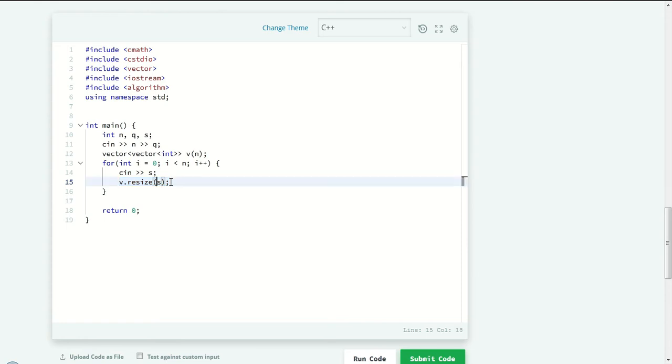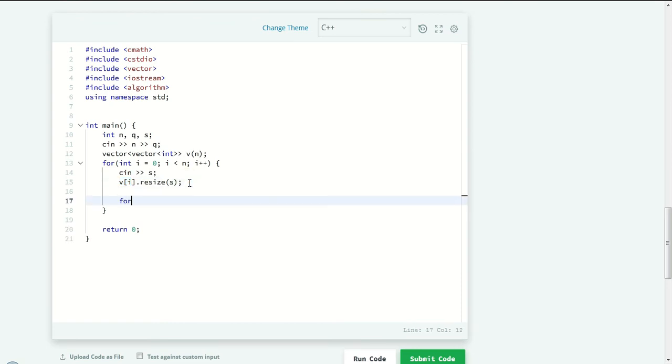This is nothing but the ith array. Okay, so this is the size of the array. So it means that we have two different arrays, one is of size 3, another one is of size 5. So we need to tell which array you are going to resize. Whatever may be the input, I'm going to resize it. First of all, the first input is 3. I got that array, and for the first array I'm going to resize to the size s.